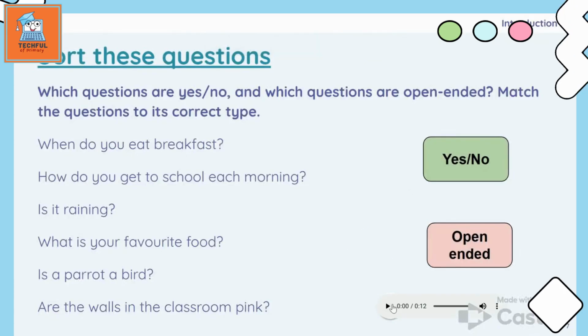So this is in English, and 你什么时候吃早餐？你每天早上怎么去学校？下雨了吗？你最喜欢吃什么？